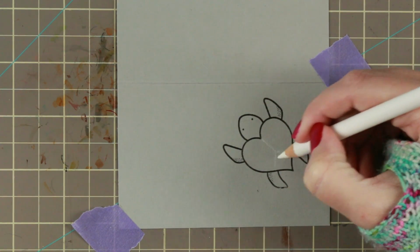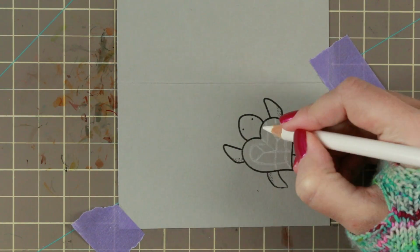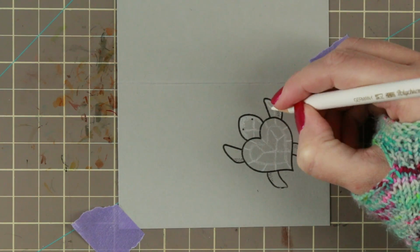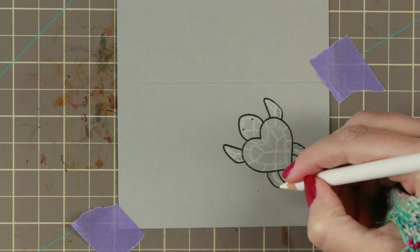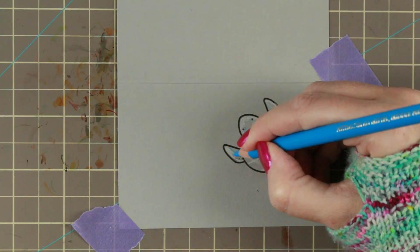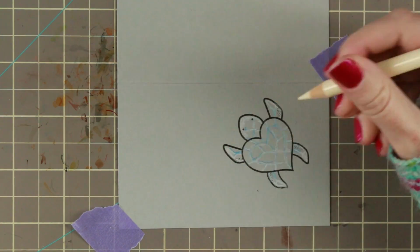So I've mostly been playing around with colors, and I actually colored this once before I made the video, and then I colored once more, just because I really wanted to show you how I did. I used reference images for this, and it looked nothing like the reference images, but I got a very good start on how to actually color it. I just googled turtle and found a whole bunch of different images, and then I chose one which I thought had really cool coloring and how the shell looked, and then just tried to mimic that in